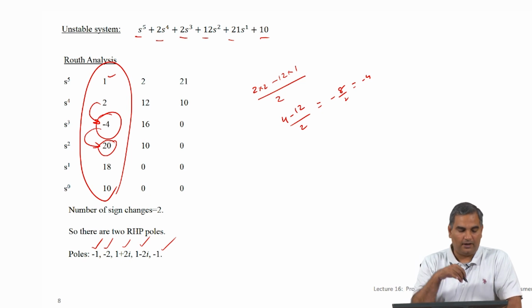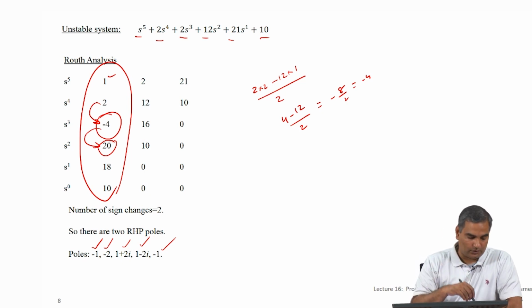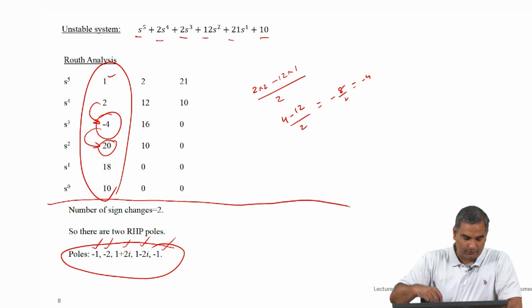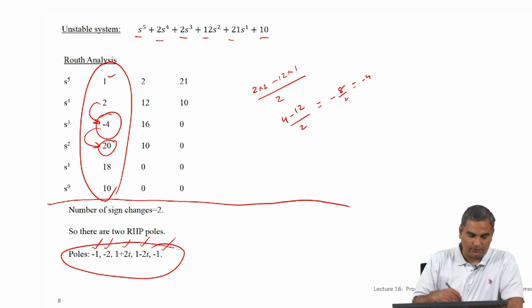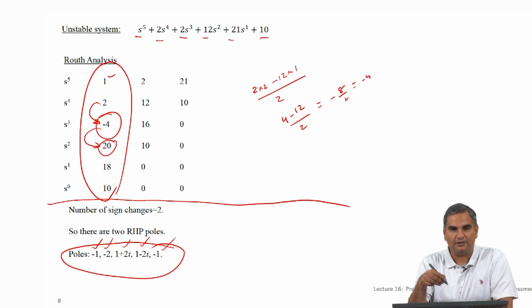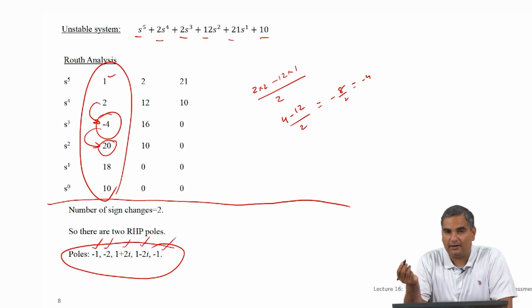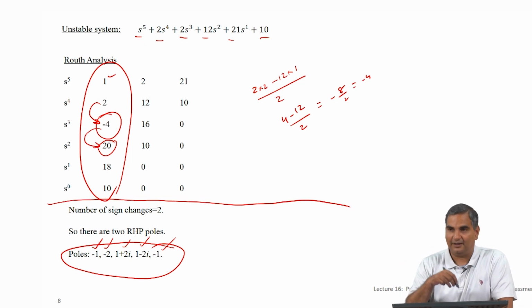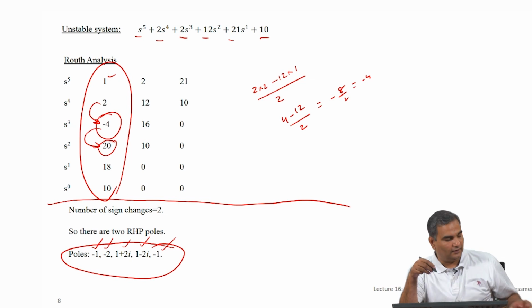But look at how remarkable this is. We do not know what the roots are. I am showing you the roots or the poles after computing, but if you just stop here, and you did not know that these are the roots, you would still simply be able to say, look, there are 2 roots in the RHP and 3 roots in the LHP. I do not know what those are, but this is the true situation, and that is actually correct. So, that is quite an interesting idea.